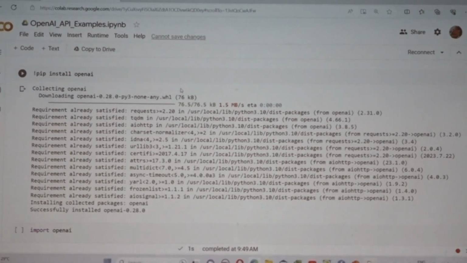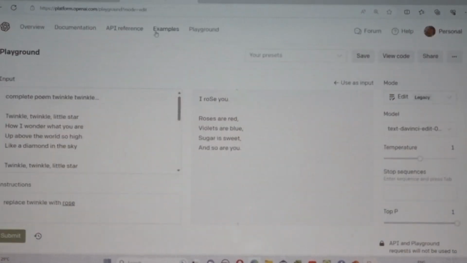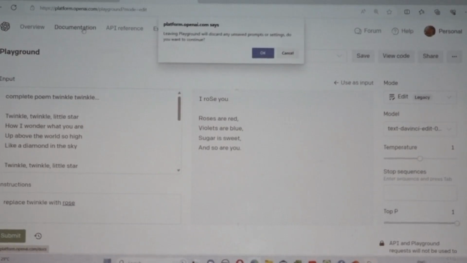Okay. Working with OpenAI API. I had shown you how to work with the playground environment. It is a web interface. And I forgot to show one more thing in that one. Let me show you that. That is from documentation,